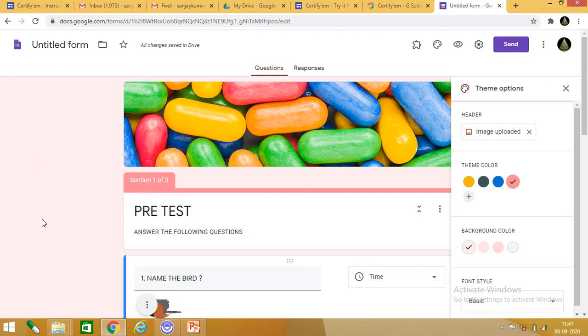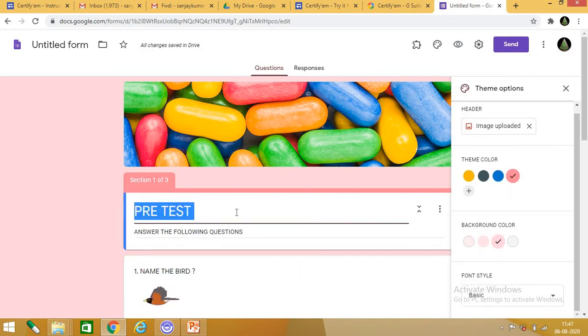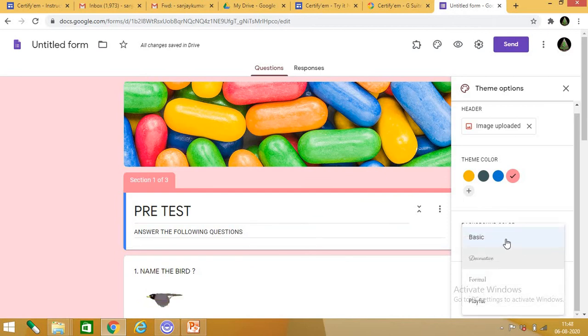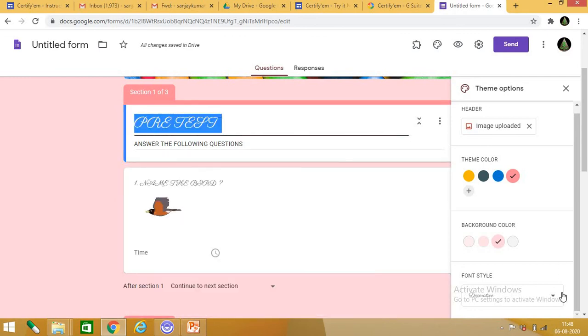Next is background. What color do you want? You want gray. So gray, light pink, darker one. So you can choose the background colors from here. Then comes the font size. Font size can also be changed. There are options: basic, decorative, formal, and playful. Suppose I take decorative, so all these fonts will be in decorative form.